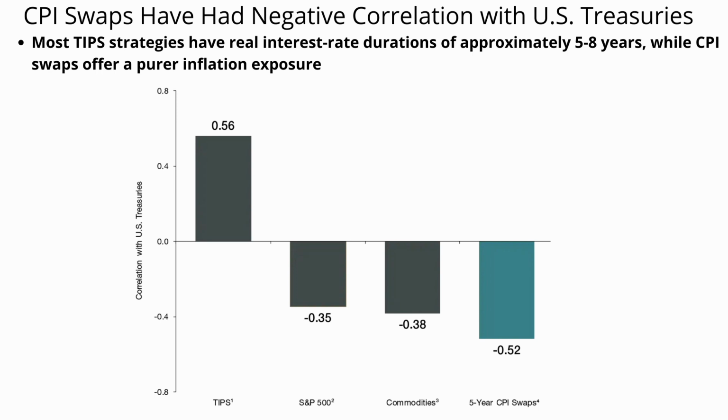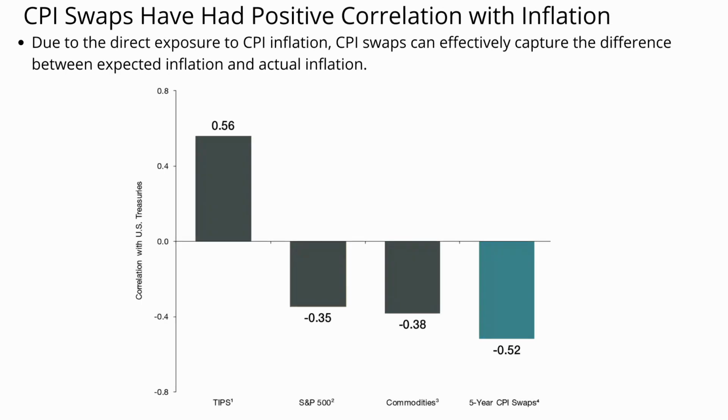While CPI swaps offer pure inflation exposure, you can see here the 5-year CPI swap is negatively correlated to US Treasuries, while TIPS, all the way on the left, have a 0.56 correlation with US Treasuries. So not much diversification there. And also for the second one, CPI swaps have had a positive correlation with inflation. And this is where we want to be. We want a security that is closely correlated to inflation so it can protect us when we get exposed to it